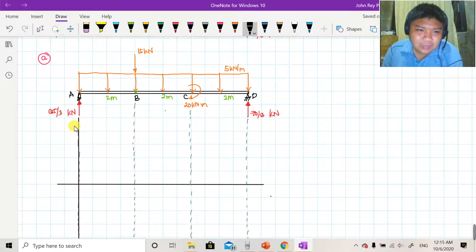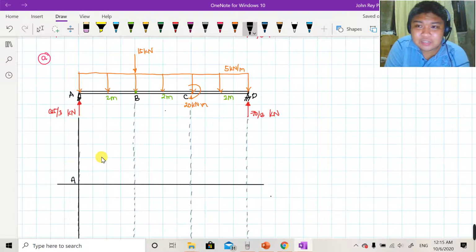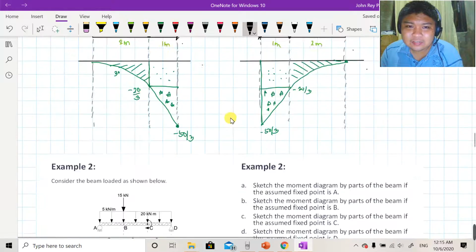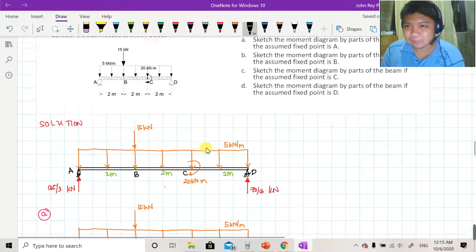So ngayon, ito na yung fixed point natin, yung point A. So, kumbaga, ang assumption class, papalitan natin class itong lahat and gagawin mong fixed support lang yung point A. And kung ito yung fixed support, no, ang gagawin mo lang class is idodrawing mo yung moment diagram in a way kung paano natin drawing class yung mga loads kanina. Okay? So, halimbawa,